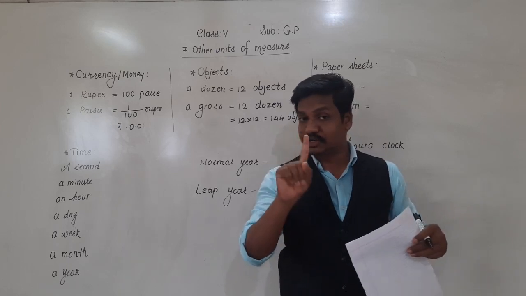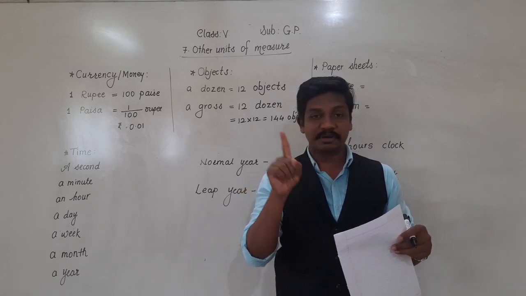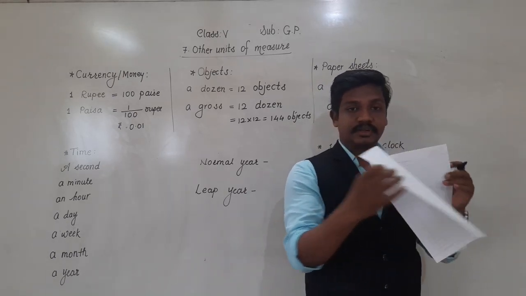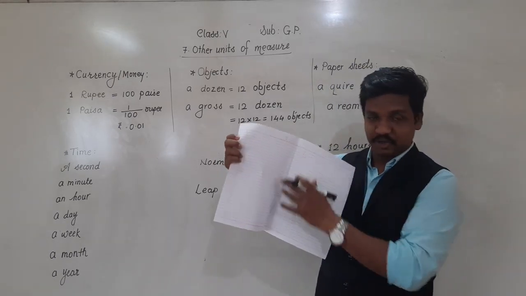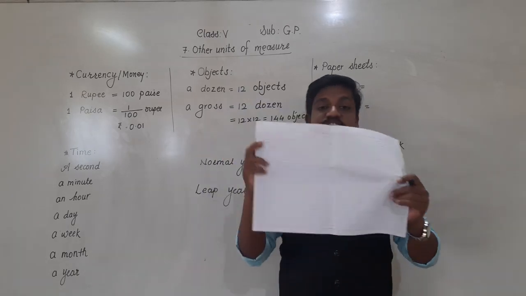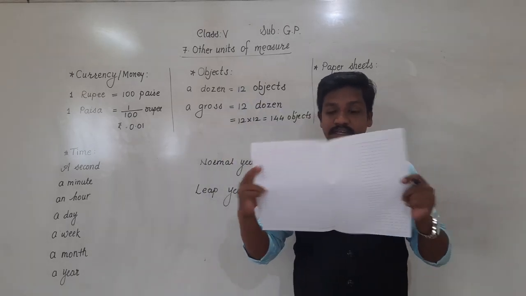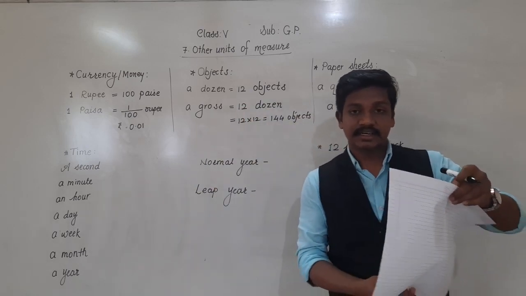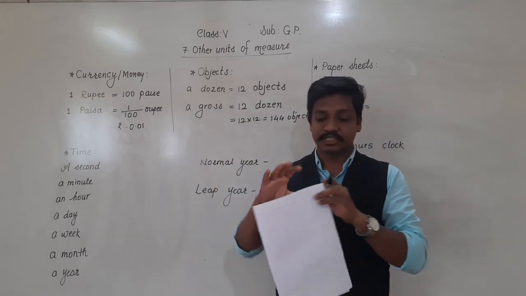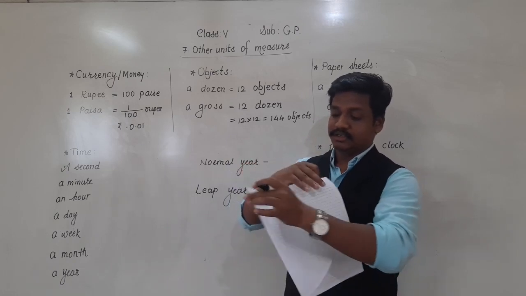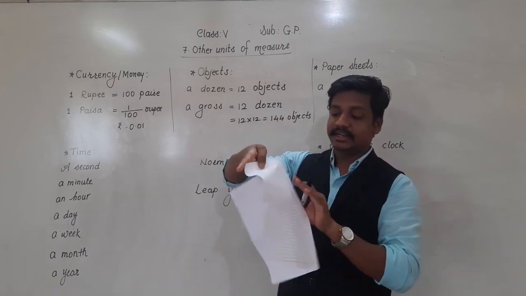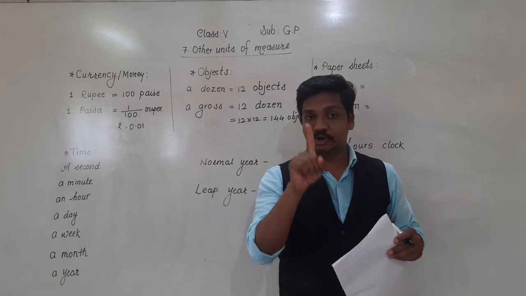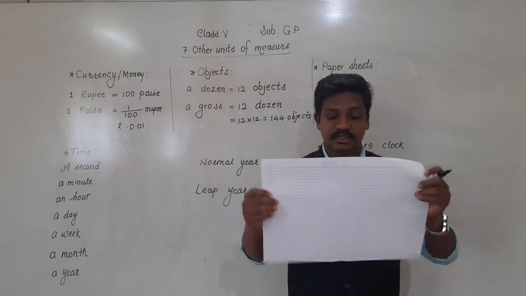A sheet of paper means not one page. This is a sheet of paper. This is actually the middle page of the notebook. See, it is one sheet of paper. Together, how many total pages are there, including both the sides? 1, 2, 3, and 4. 4 pages of a notebook make one sheet of paper. Remember this.